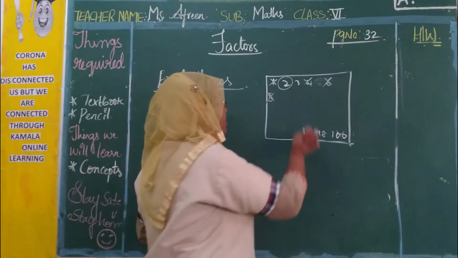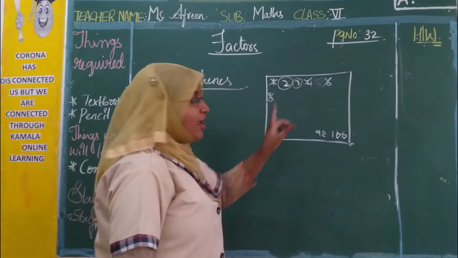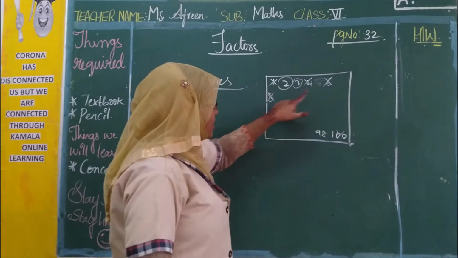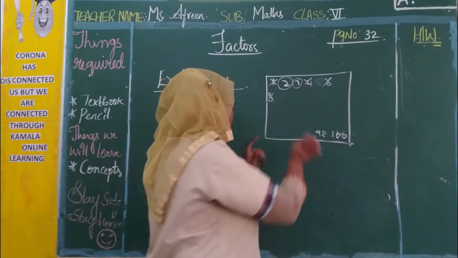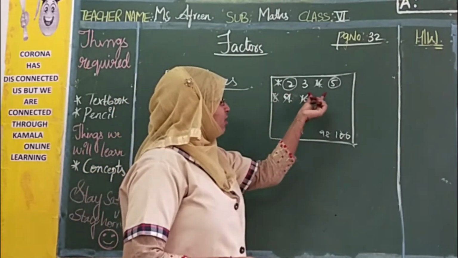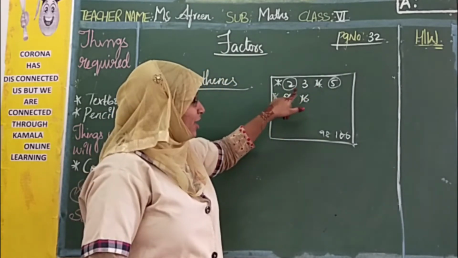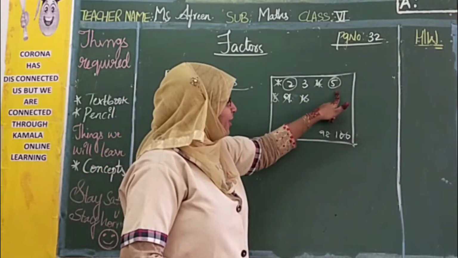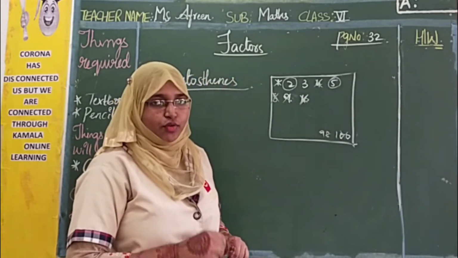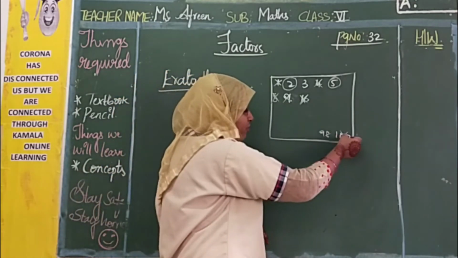Next, as we have done with 2, come again to 3. Now encircle 3. Now you check the multiples of 3. Like 3 2s are 6. Already 6 has been cancelled. Next we go to 9. 3 3s are 9. Cancel 9. We have done with 3. Now 4 is already a multiple of 2, which we have crossed off. Next 5. Now 5 we circle and cross off the multiples of 5. 5 2s are 10, 5 3s are 15, 5 4s are 20, and so on we move on till 100.